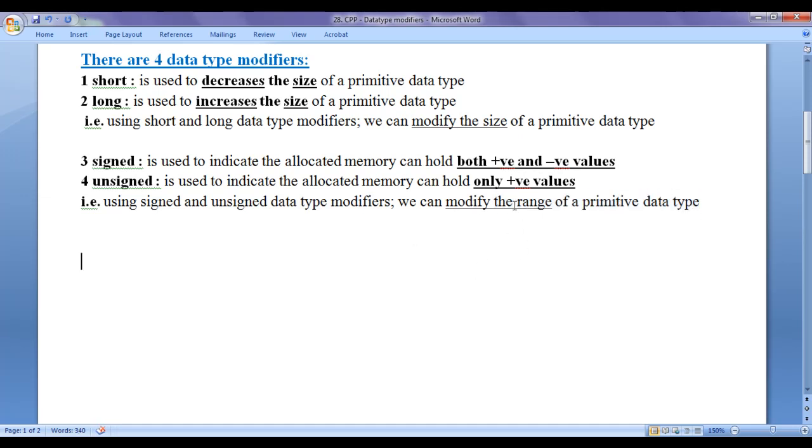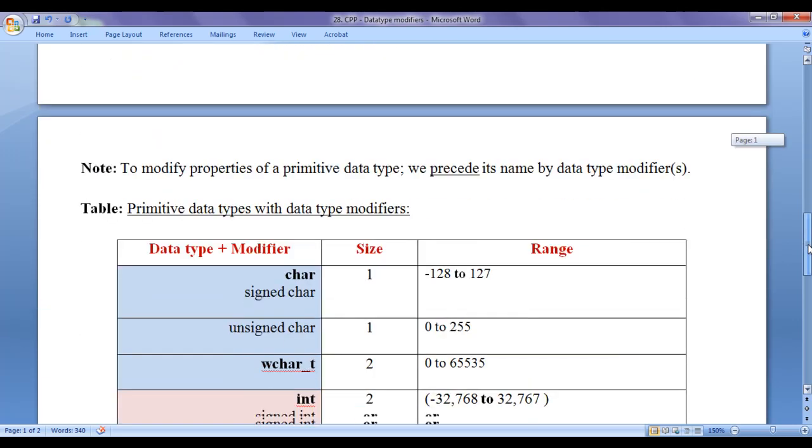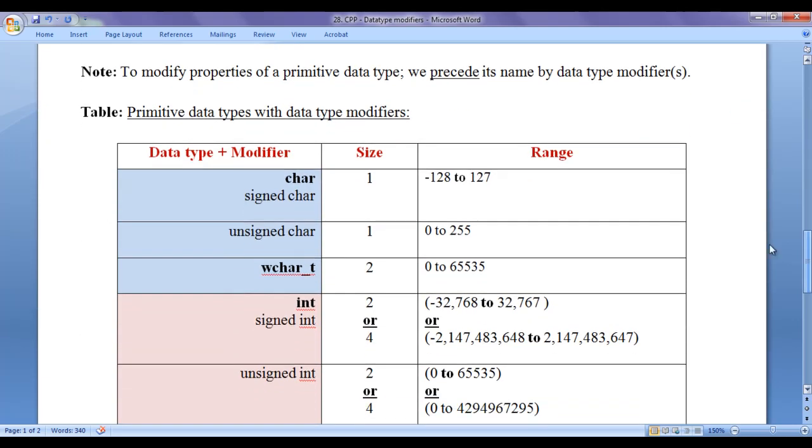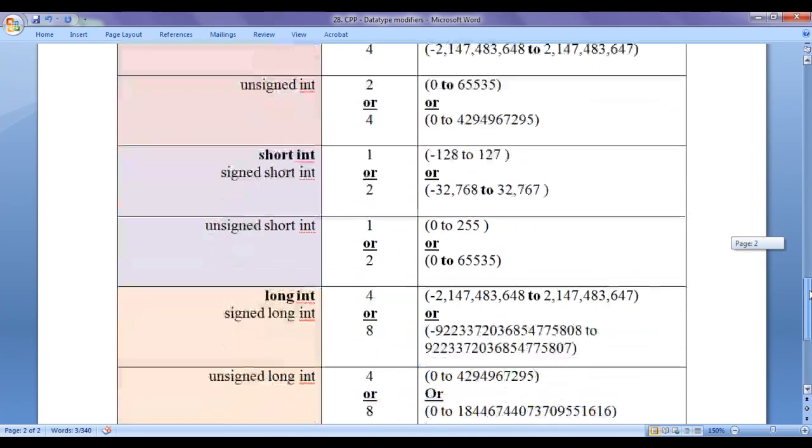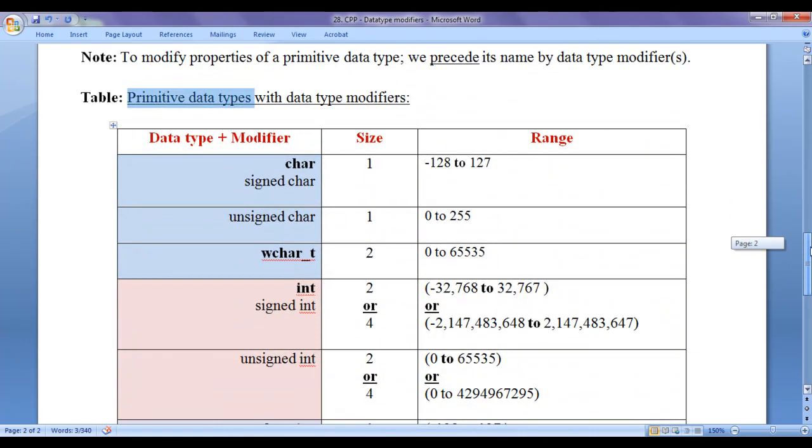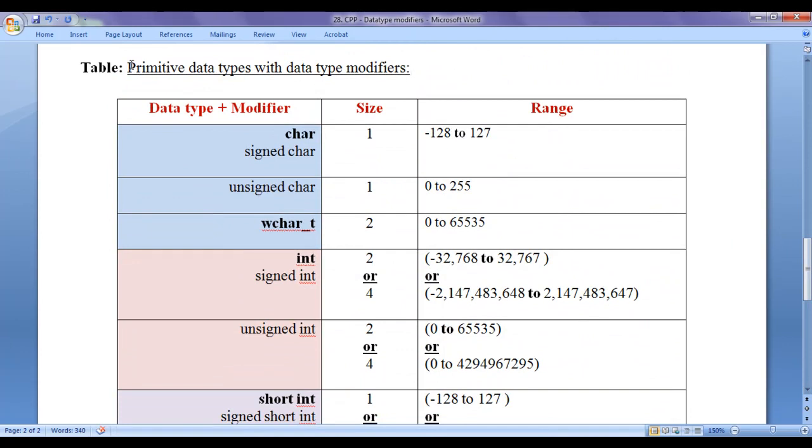That is, we can modify the sign of a primitive data type. By combining primitive data types with data type modifiers, we can create a wide variety of data types in C++.